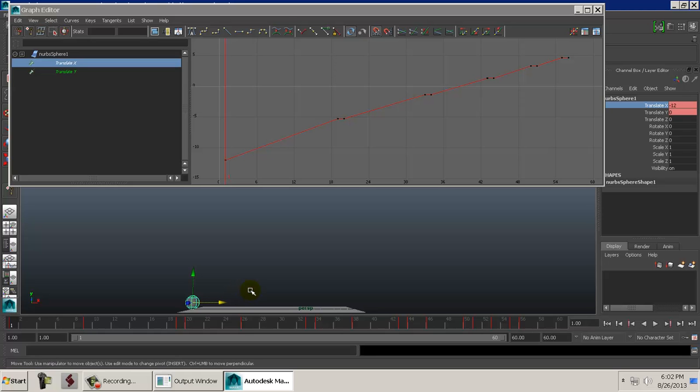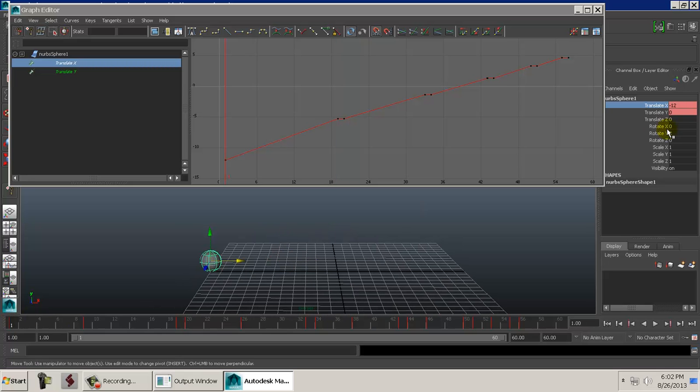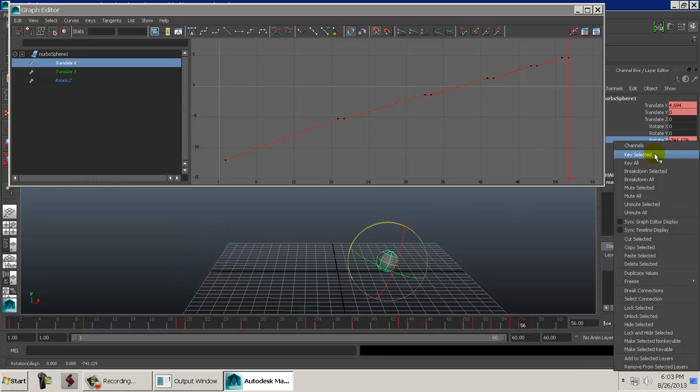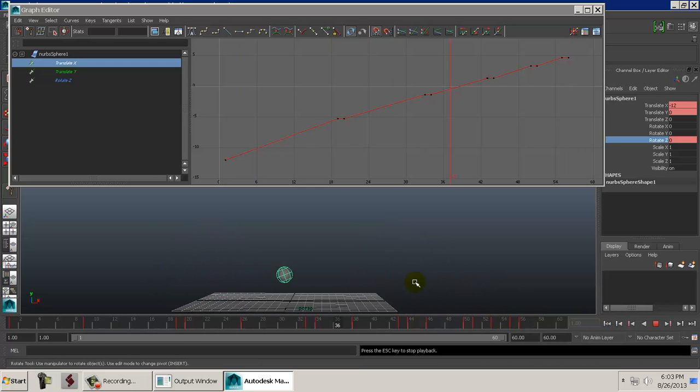I found with this one, it's very easy to add a rotation to this, if we keep in mind the next step we're going to do after the rotation, which is adding some squashiness to this. Okay, and what I mean by that is if I were to rotate this arbitrarily, like so. And the rotation is going to be basically the same thing that we did on the other one. Set a key, move forward, rotate it a little bit, set another key. Okay? So now if I rewind this and play it,